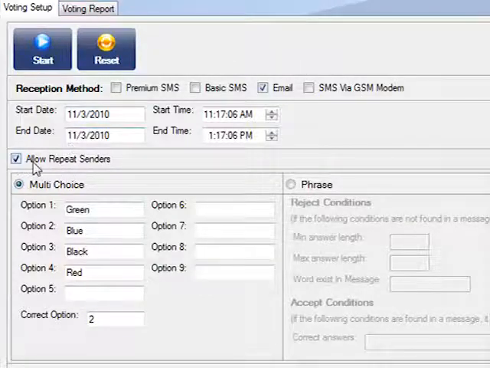Next, allow multiple inputs from a sender or not, meaning more than one response from the same sender. Choosing multi-choice or phrase selection. Here, we can define up to 9 different possible answers for a contest question. The correct answer is defined in the correct option field. Note, the sender or viewer must include the option number in the body of their message by itself, not the